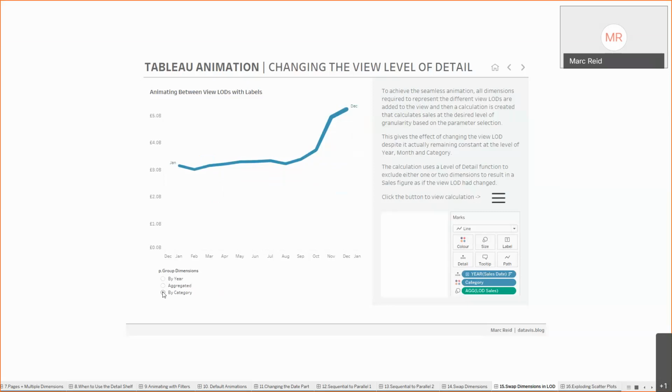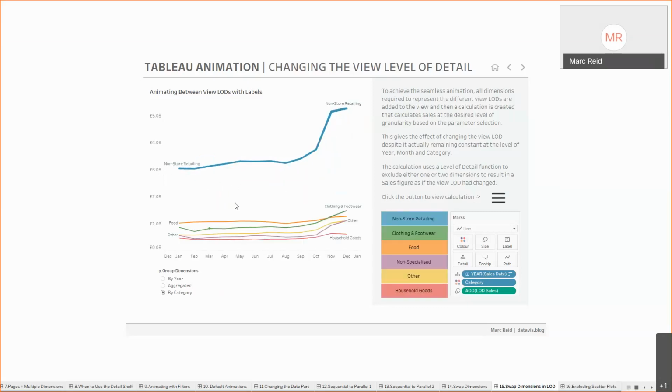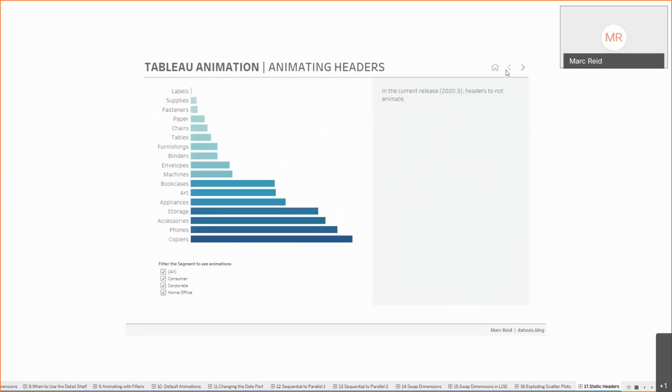And the final example here is when we have the categories displayed. This time we've got 10 years hidden. We're showing each of the categories, so this time we'll have 10 marks on the select of those. Hopefully that makes sense. And we'll just move on to this final example here.